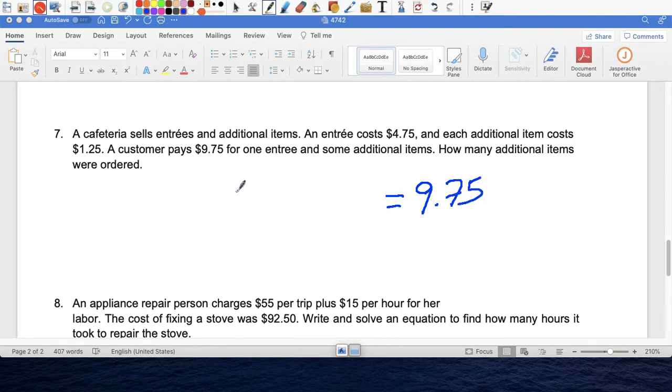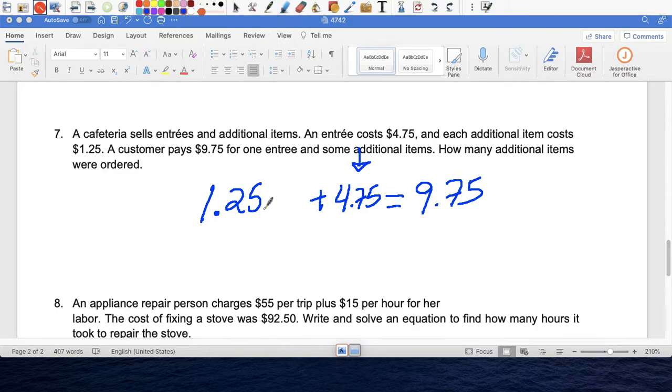And for that, okay, what's the entree? Entree's $4.75. So $1.25 times, let's use E for entrees. So plus the main dish, plus $4.75 has to equal $9.75, right? So this you have to pay. And let's say you didn't want any additional items, right? Let's say you didn't want any additional items and you just want whatever your entree was. You'll only pay $4.75. But obviously this person ordered some extras because his total was $9.75, so he definitely ordered